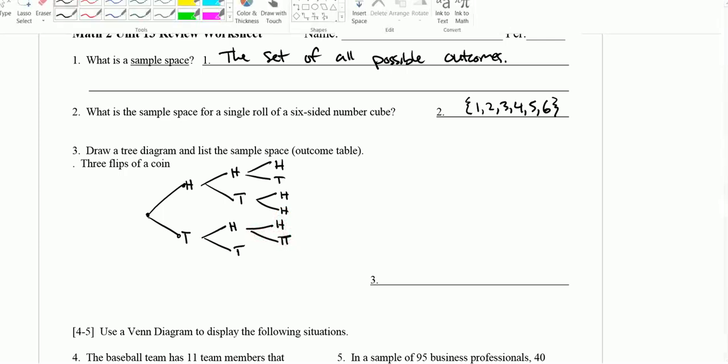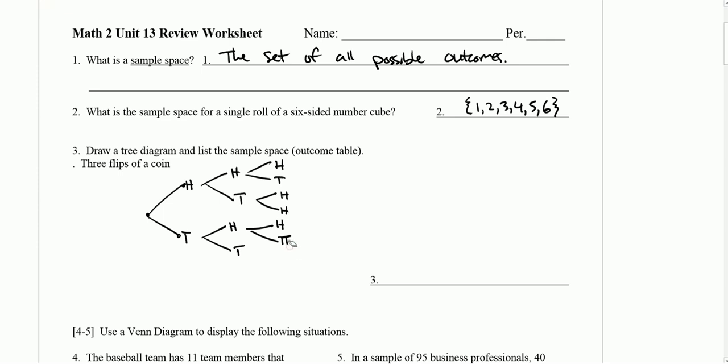That should be a T. And so there's our tree diagram, and our sample space could be heads, heads, heads,